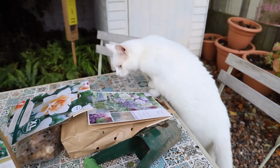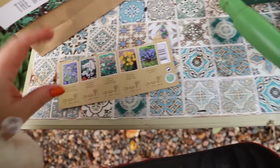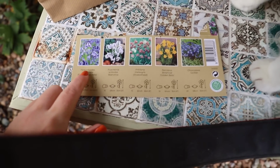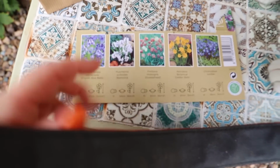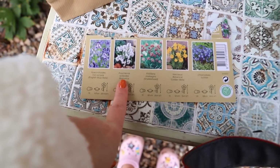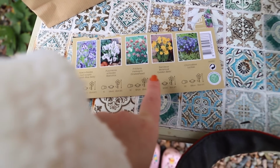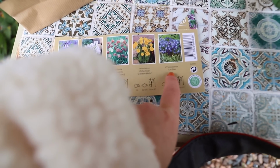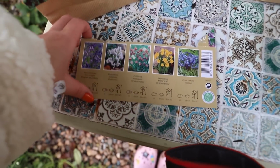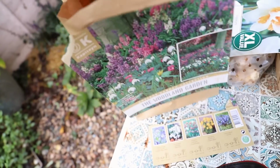Miss Blondie is joining. So what I have for here is, this is the woodland garden. So there is 5 different types of bulb. Hello. So I have hyacinth, I think that's bluebells. It says English bluebell. So there's some bluebells, pushkinia, I don't really know what that is, fritillaria, some small daffodils, golden bells, and I don't know what this one is either, Chionodoxa. Hands up if you two haven't a clue about the Latin. So I think there is inside the bag, let's see, we've got,